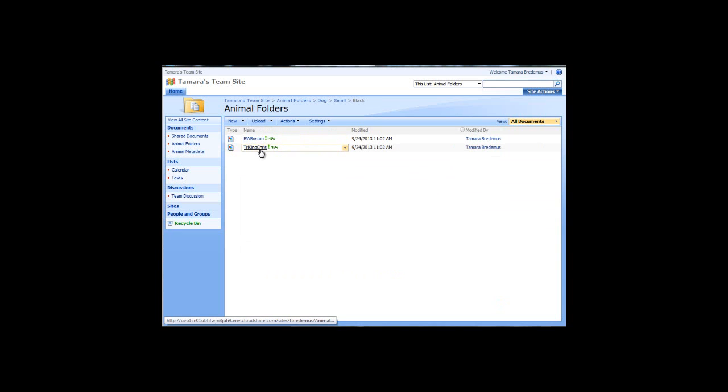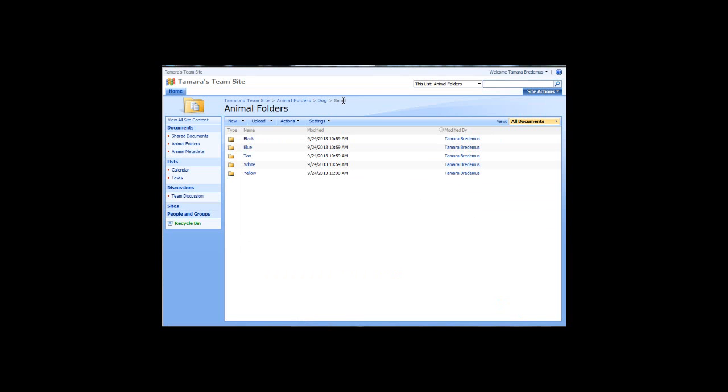Now, the issue that you saw with those images is the dogs weren't completely black. So then your question becomes, do I then also add them to the tan folder? Now we have duplicate information in several locations. This is never a good idea, especially if you're using documents. So you would complete uploading for each one of your main folders, drilling down into each section, into each color,